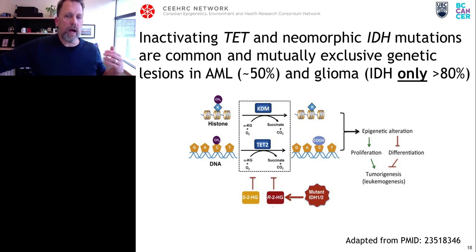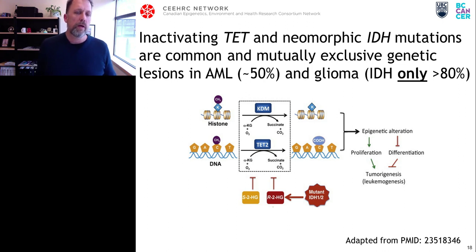And then either through an active mechanism, through base excision repair, or through a passive mechanism, in other words, through cellular differentiation, the methylation that was initially present and shown on the left-hand side is then lost. So TET2 and the TET family, so there's three, TET1, TET2, and TET3, are responsible for removing methylation in the